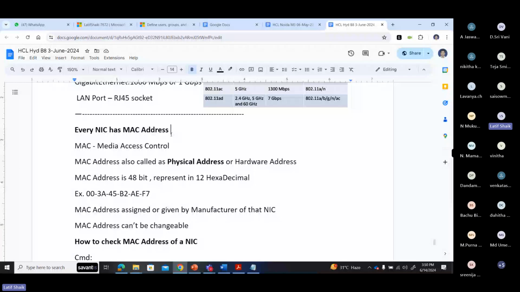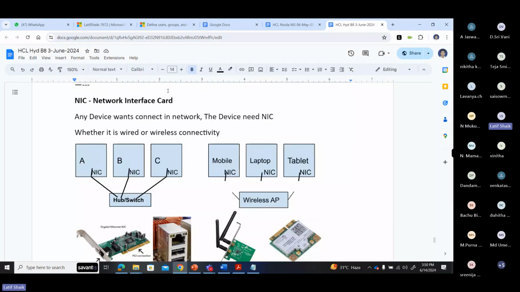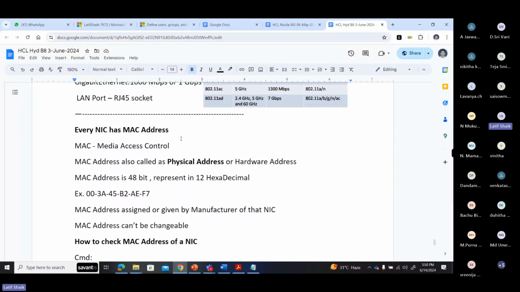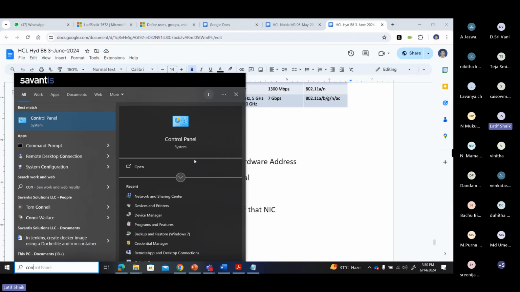What is a MAC address? As I said, NIC, Network Interface Card. Every NIC has a MAC address. For example, so I have